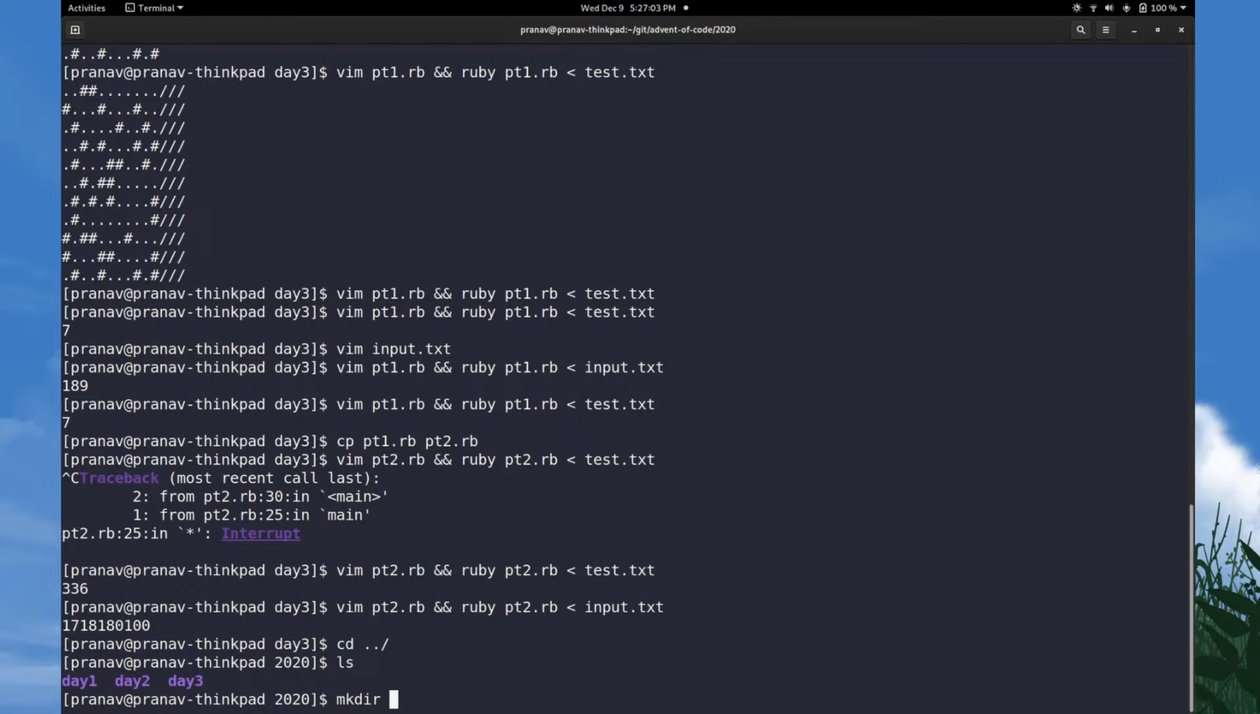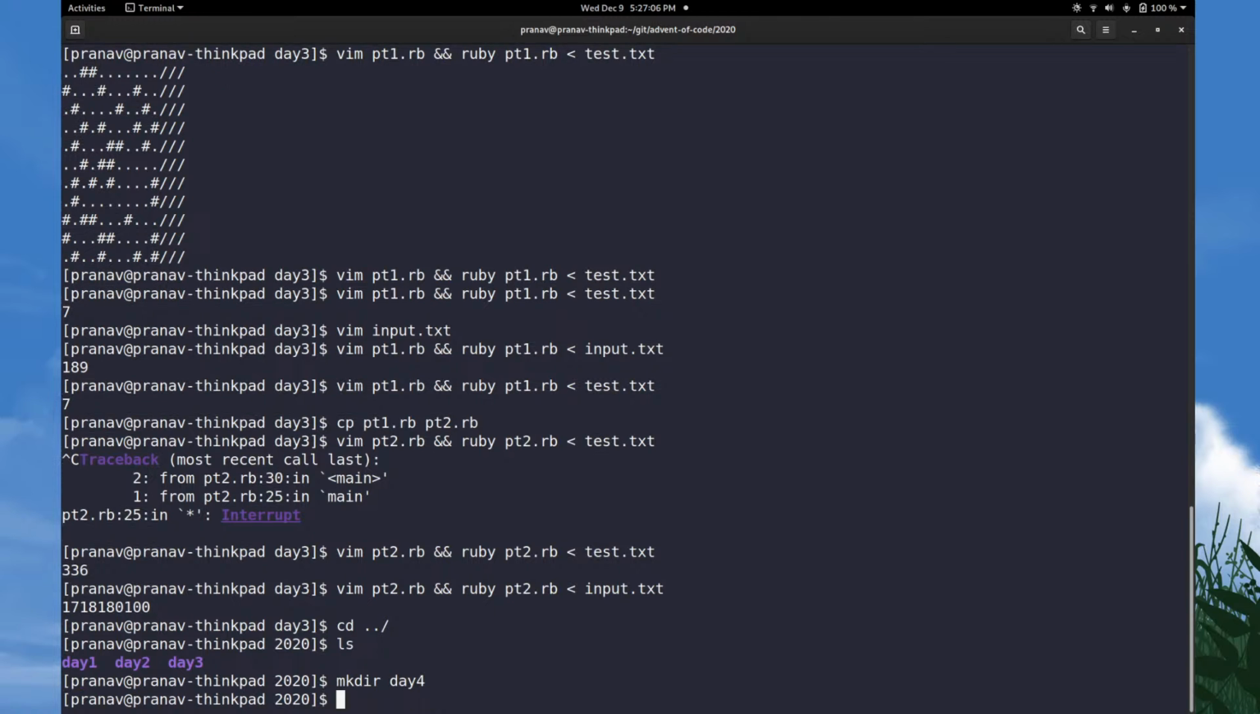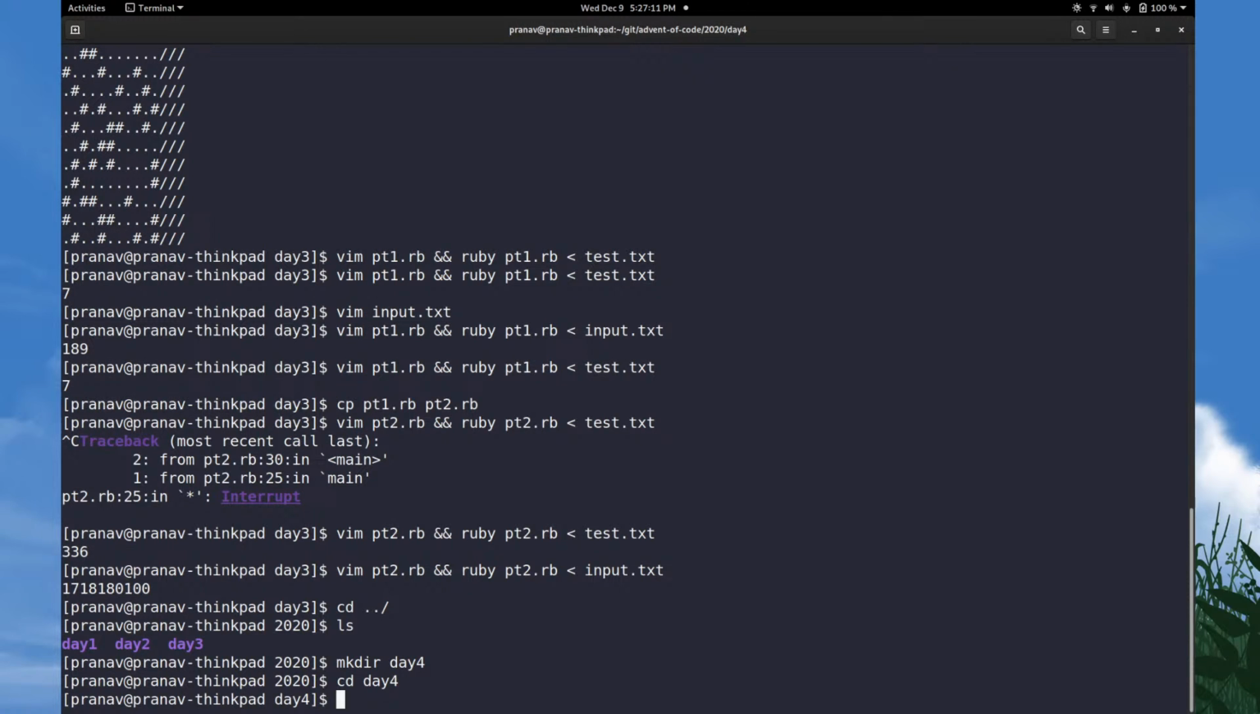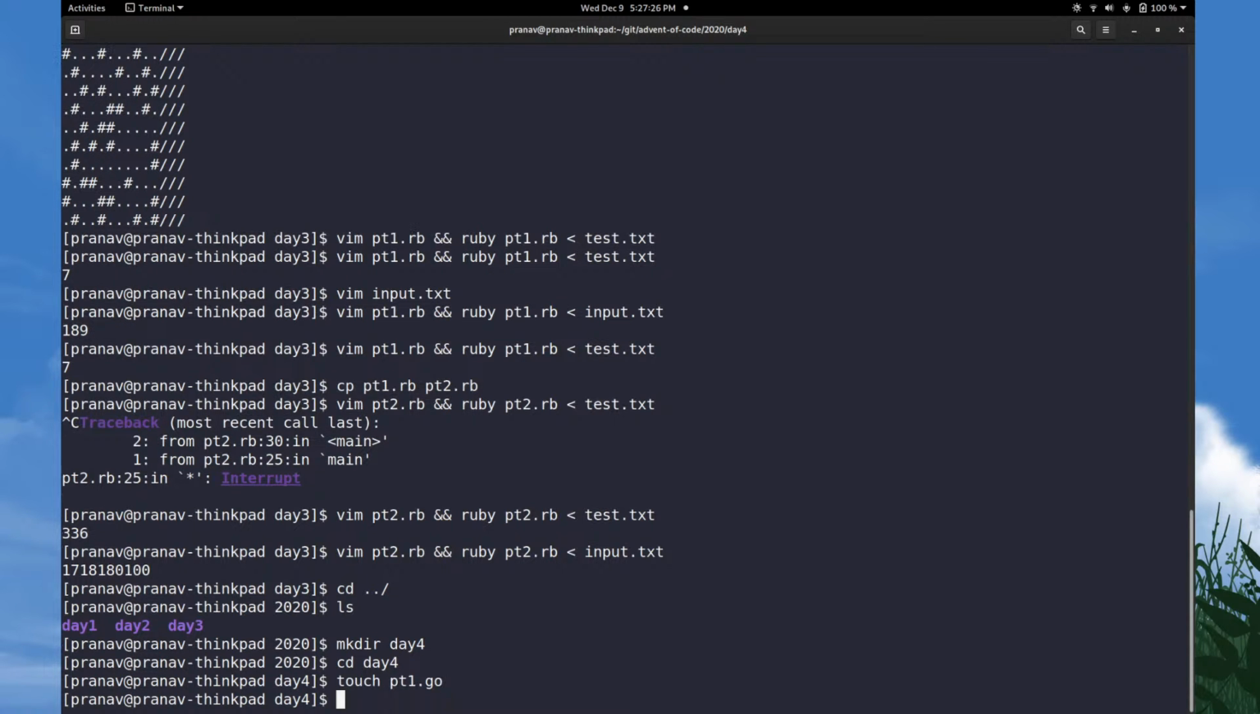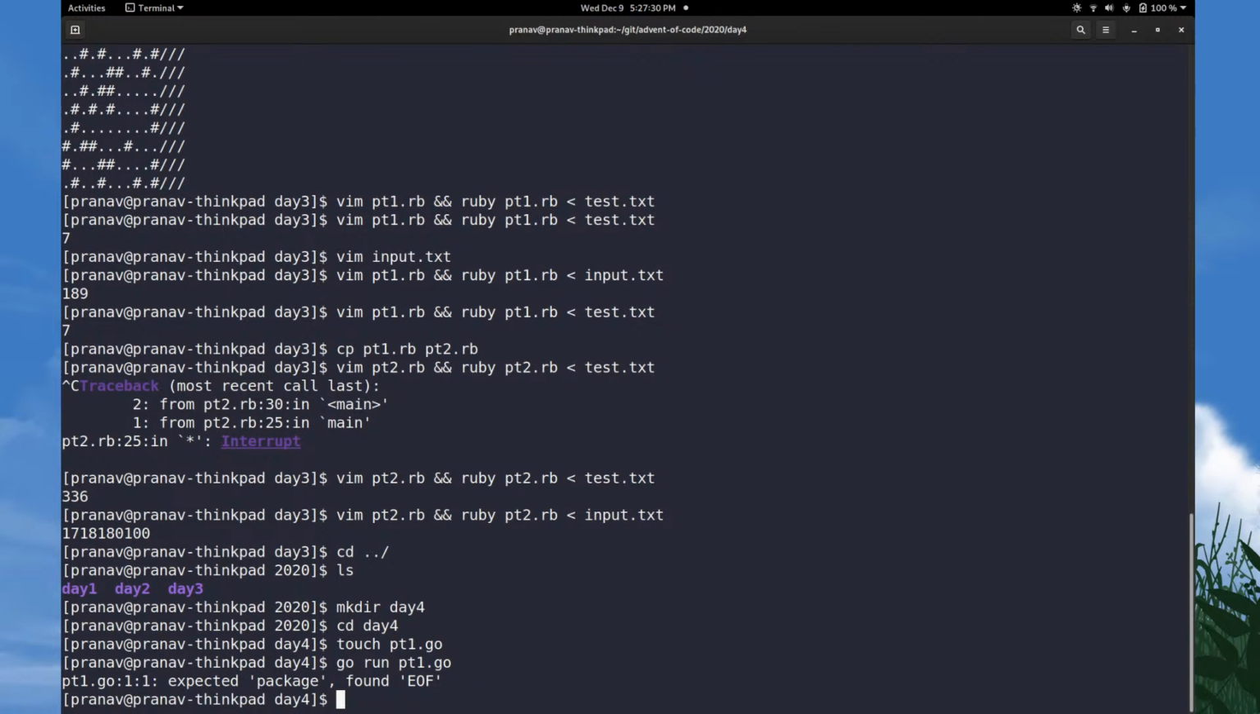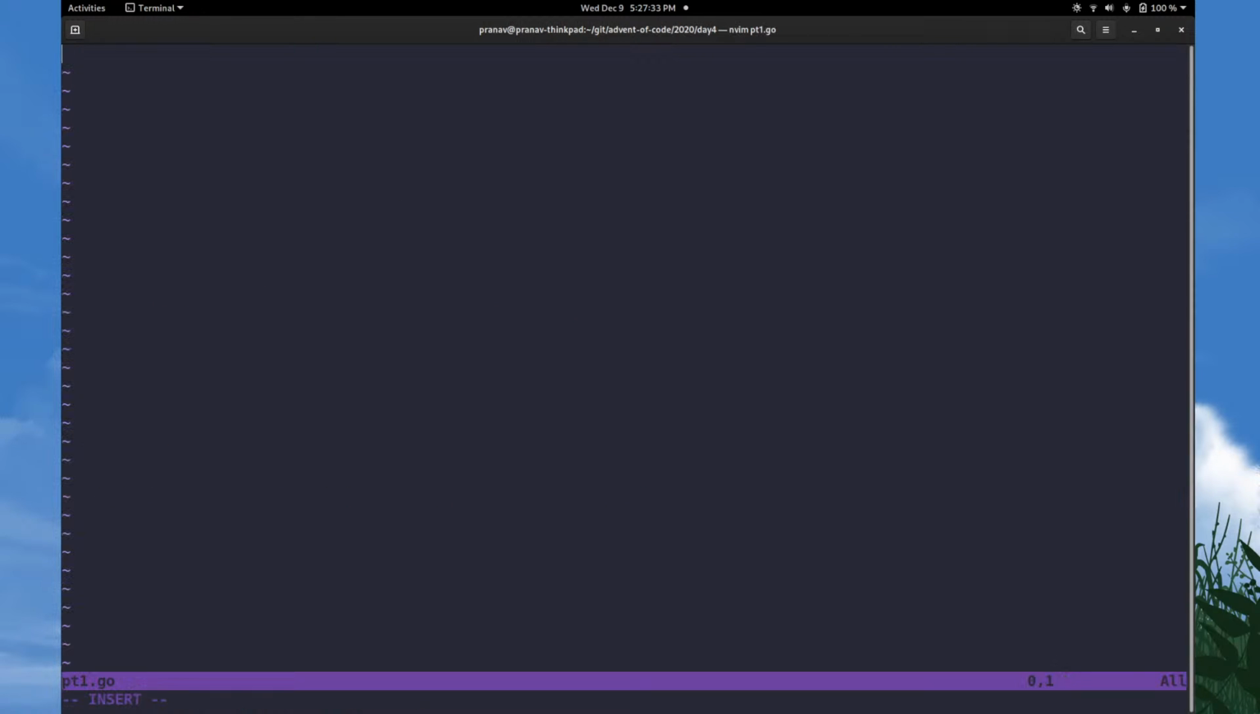ls, make directory day 4, cd day 4, and then what do we want to do? I don't think we'll need any Go modules, so we can just do touch main pt1.go, right? And if I do go run pt1.go, it expects a package. So if I do package main, and then I think it's just main,